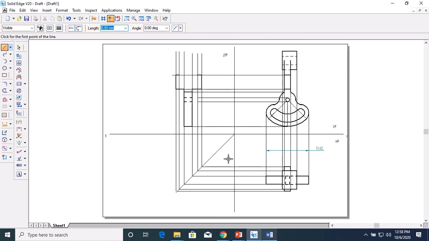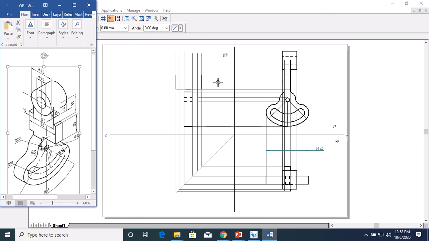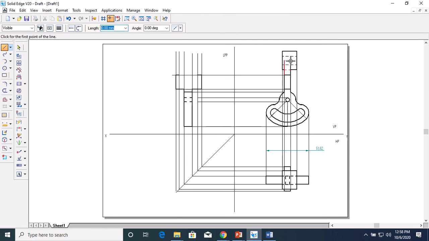When you are drawing the circle, because the front view is reduced to 0.5 scale, you have to take half of the dimension while transferring to the side view. So here the center line, this will be taken as the center line. Okay, so with a normal line I will draw up to here. So you can trim this portion so that this line center will be the center of the circle here.